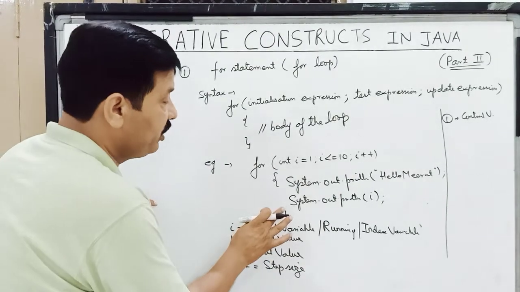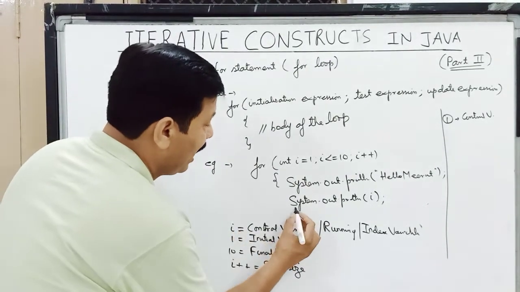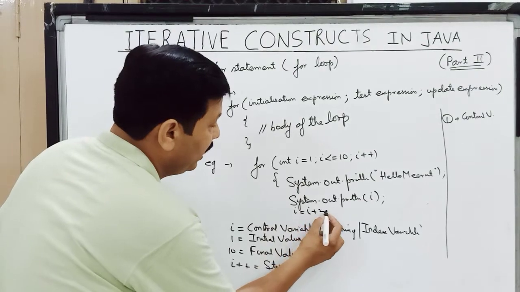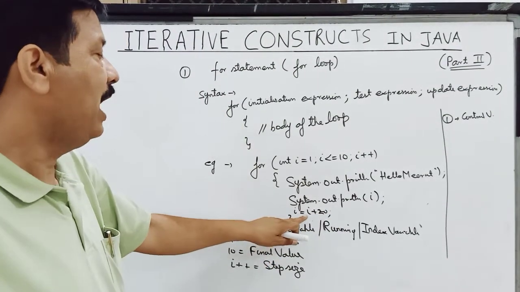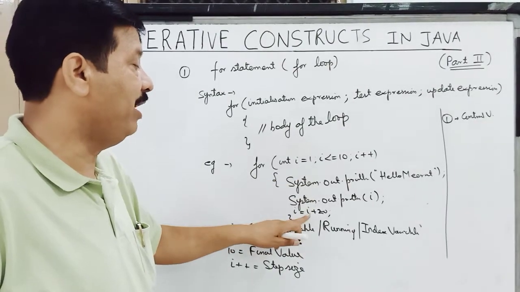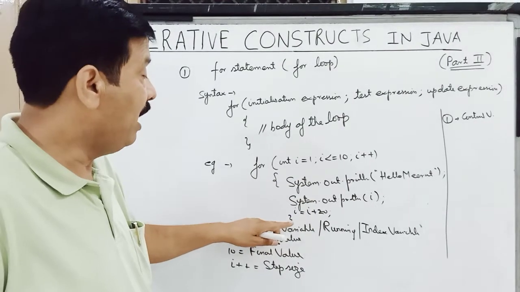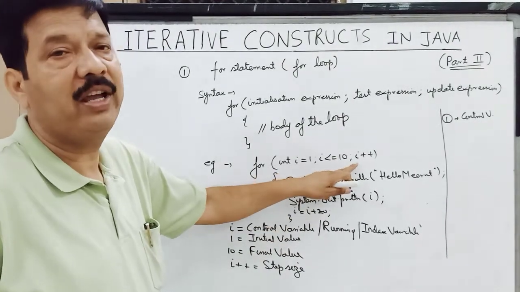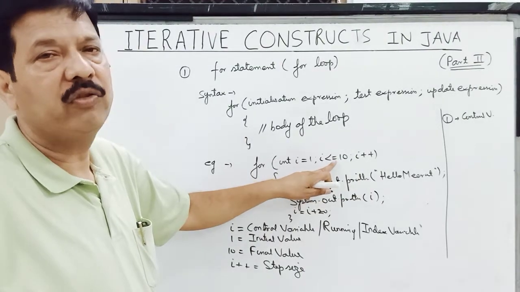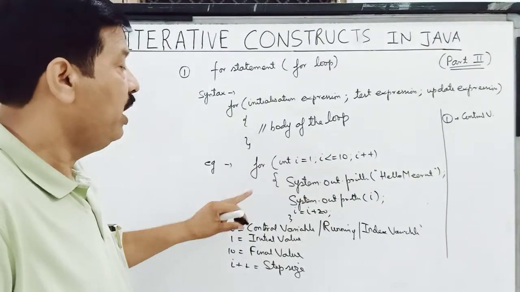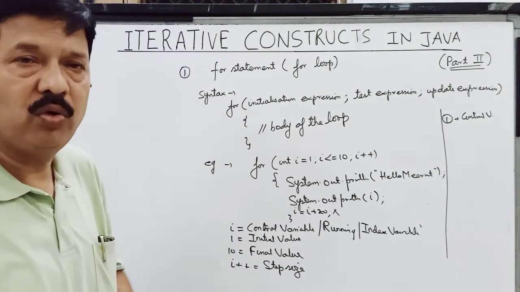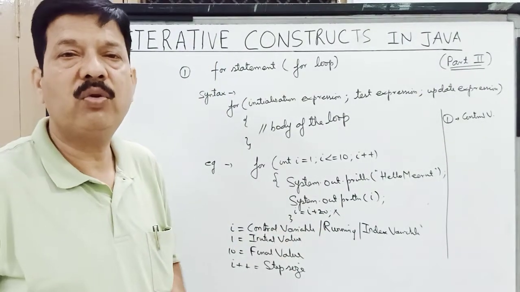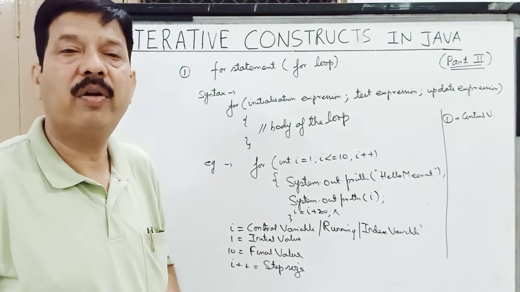But children, if I change its value, say if I say I is equal to I plus 20, so I have changed this value of I plus 20. When I becomes 1, 1 plus 20 is 21, and when next time it goes and checks for the condition, then this loop will not get executed. So if you are changing the value of this control variable within the loop, then the loop is not going to get executed that much number of times.